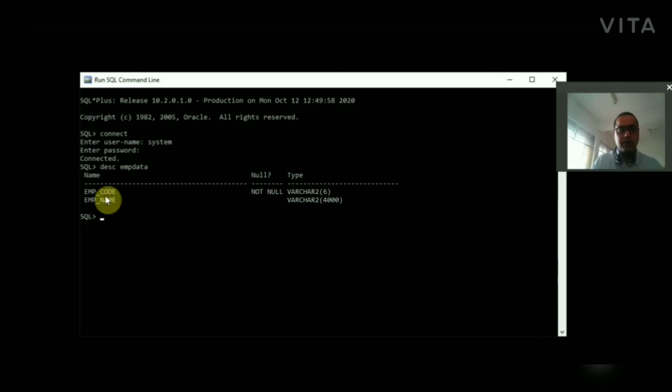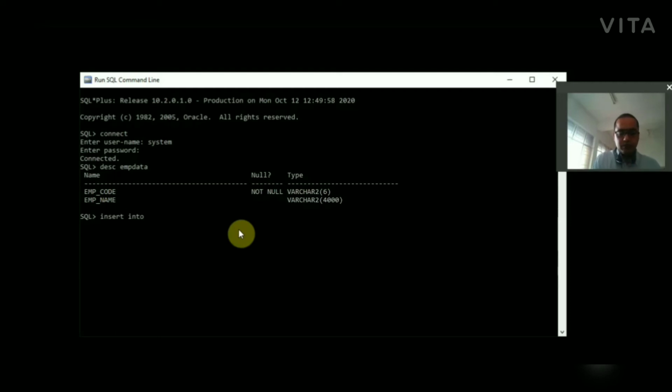Here you can see there are two fields, EMP underscore code and EMP underscore name. As you can see, I didn't create any primary key in this table, so I can insert multiple values of the same name or same value in these fields. I will show you.